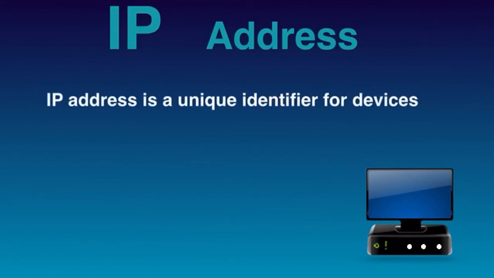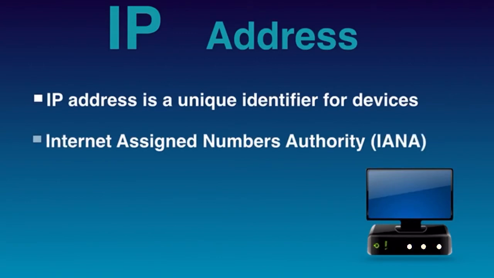An IP address is a unique identifier for devices connected to a network. The unique identifier makes it possible for devices to find and communicate with each other. Whenever a device accesses the internet, it is assigned a unique numerical IP address. IP addresses are assigned by a central numbering authority called the Internet Assigned Numbers Authority, which ensures that addresses are globally unique. IP works in tandem with TCP to deliver data packets across the network.